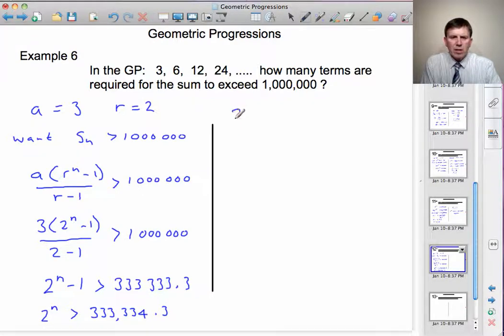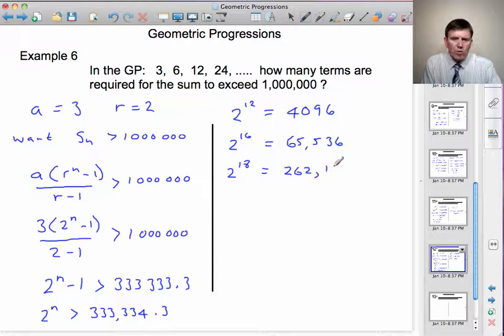Let's have a guess at 2 to the power 12. Put that in the calculator, turns out to be only 4096. So let's get further up the scale, 2 to the power 16. 2 to the 16 is 65,536, not big enough. Let's try 2 to the 18, and that gives us 262,144. Not quite there yet, but the next one's going to go beyond that, so 2 to the power 19 is equal to